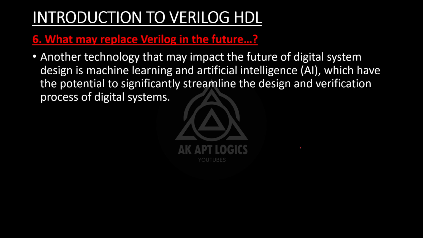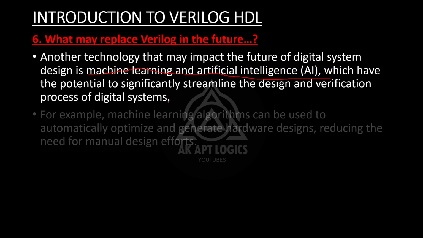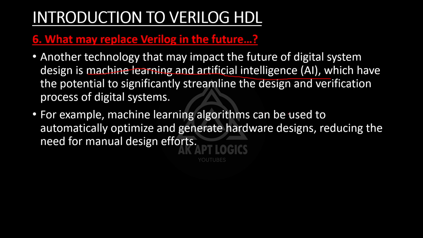Another technology that may affect the future of digital systems is machine learning and artificial intelligence. AI can significantly streamline the design and verification process of digital systems. For example, machine learning algorithms can be used to automatically optimize and generate hardware designs. So it can happen, but it will require a lot of time because the machine should be like